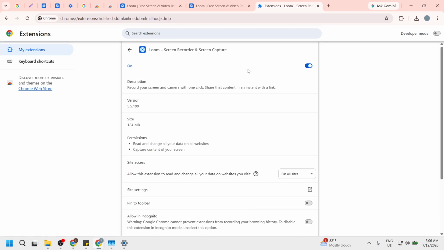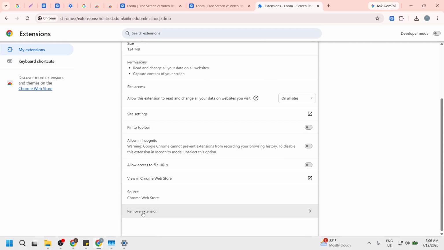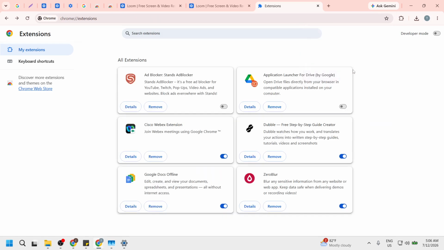If nothing else works, your extension files may be corrupted. This is a common issue that can lead to the extension malfunctioning. Recognizing this can save you time as you consider more drastic measures. In the same three-dot icon, select Remove from Chrome. This action will uninstall the Loom extension from your browser. It's important to do this carefully as it ensures you can start fresh without any corrupted files lingering.